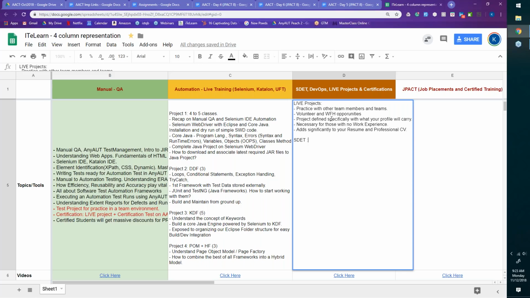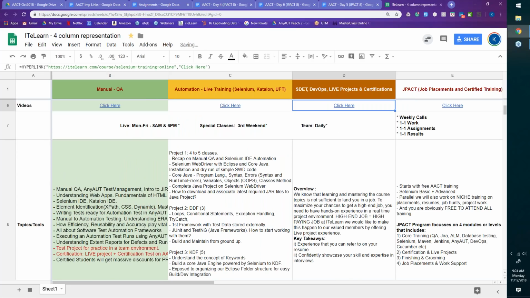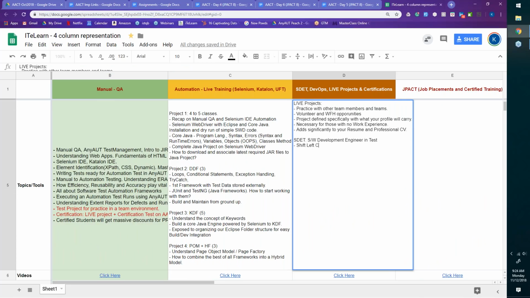Okay. Now, what do we do in SDET? How is SDET different, team? How many of you know what is an SDET? Software development engineer in test. So before we can understand what SDET is, we need to understand the shift left concept. Why did the shift left happen? Where QA starts earlier in the SDLC cycle,